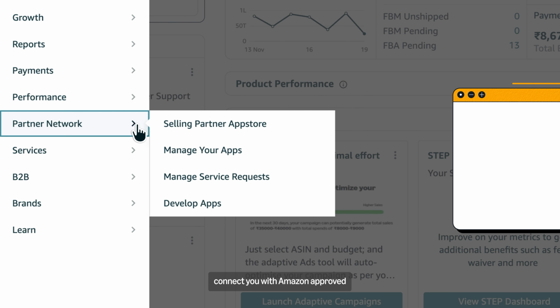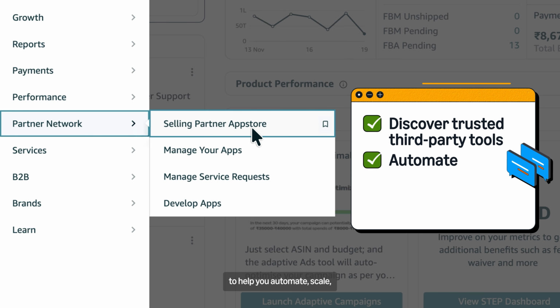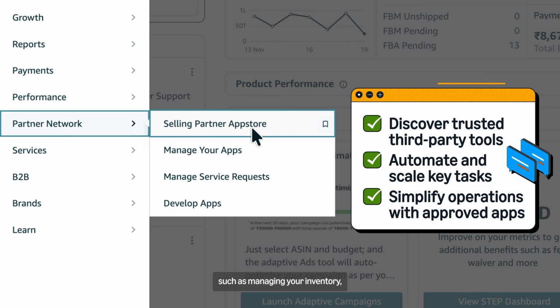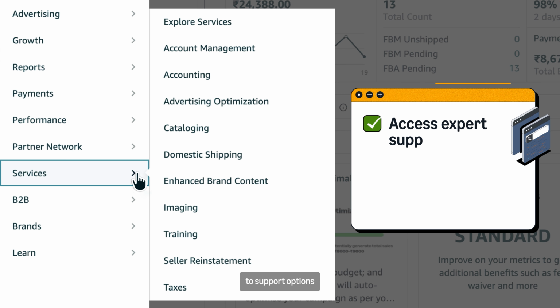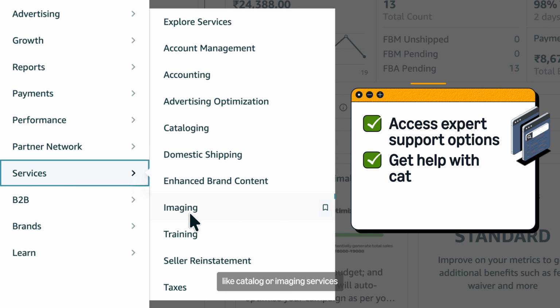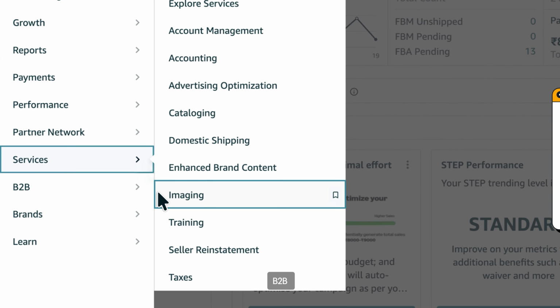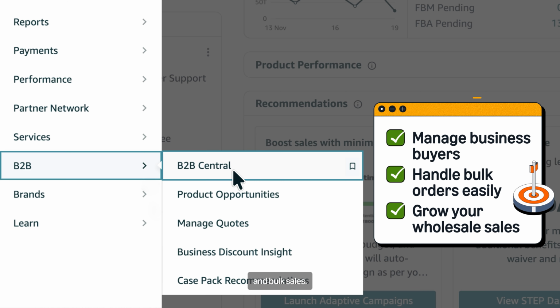Partner Network connects you with Amazon-approved third-party apps to help you automate, scale, or accomplish critical business tasks such as managing your inventory, streamlining accounting, optimizing pay-per-click advertising, and many more. Services gives you access to support options like catalog or imaging services through third-party service providers. B2B helps you manage business orders and bulk sales.